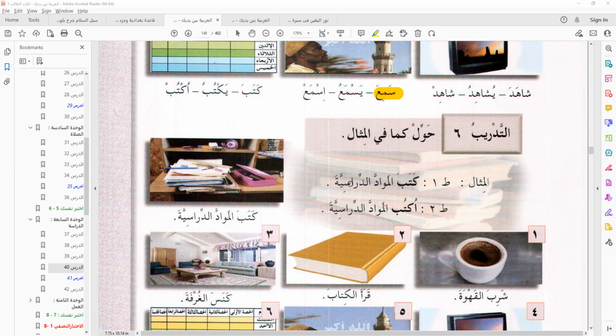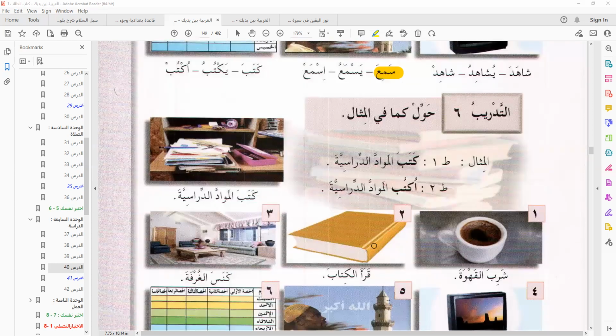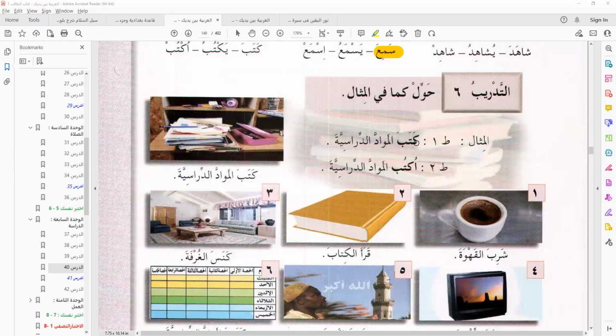اكتب. Here is the next. اكتب means write. You are commanding someone. Read المواد الدراسية. اكتب المواد الدراسية. Read the subjects, the academic subjects. So same for what you have here. So you are just transforming the past to amr, the madi to amr. So consistent in using the Arabic nomenclature. This is the madi and this is the amr. So you are transforming the madi to amr.